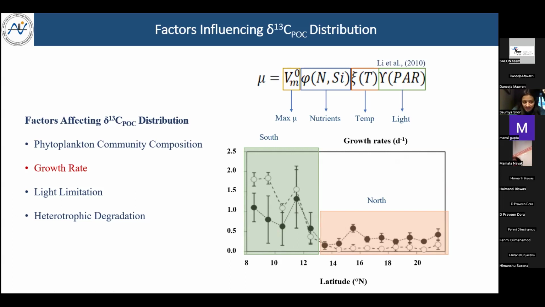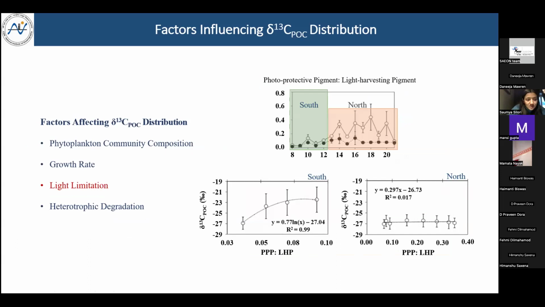Now coming to another factor, which is light limitation. For light limitation, what we did was we used the ratio between the photoprotective pigment and light harvesting pigments, and then we tried to look at how this varies between the south and the north. In the south, we see the ratio between these pigments was low. A lower ratio would mean either the light harvesting pigments are higher or there is a lower production of photoprotective pigment. So they're producing more light harvesting pigment and no photoprotective pigment, which means that there could be a light limitation in the south,